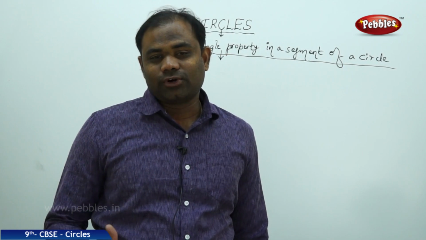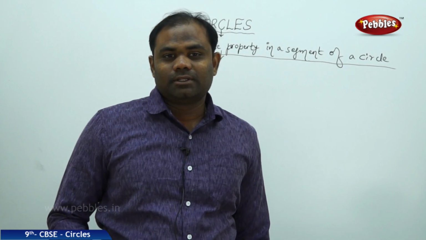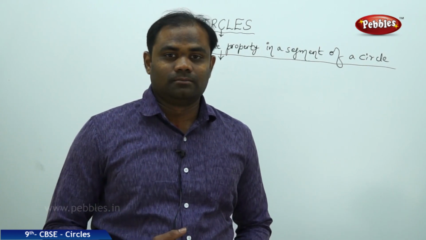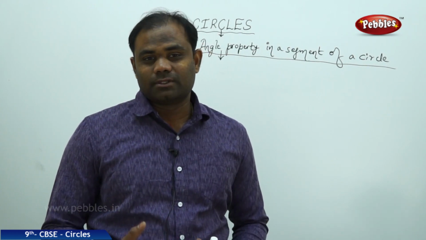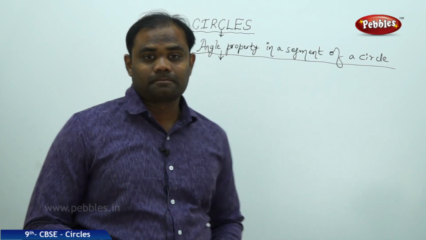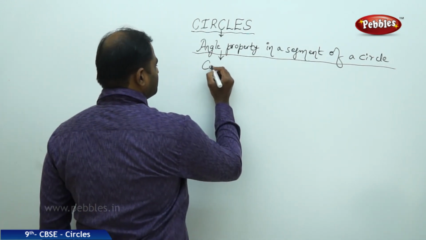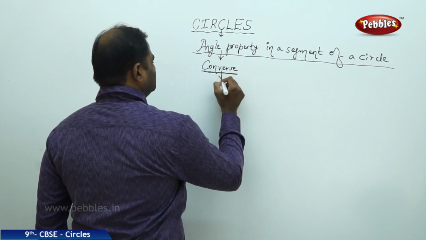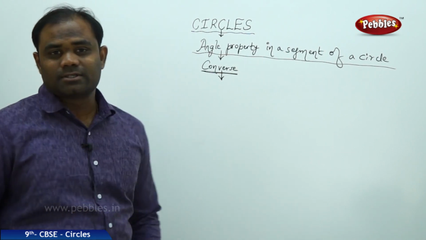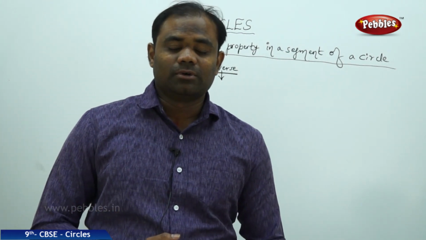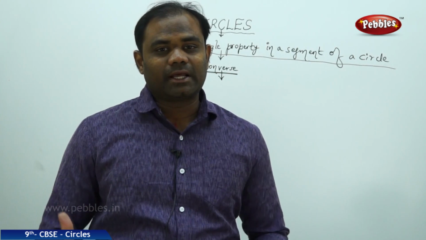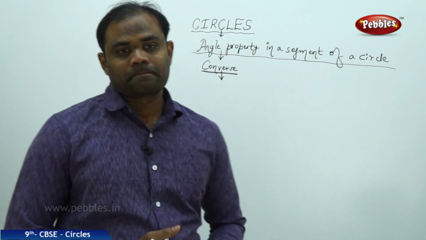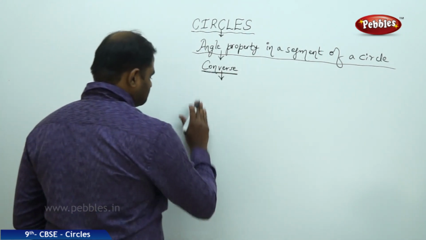Now let's see the converse of the previous session, the property which says angles in the same segment are always equal. This session is about the converse of that statement. The converse is very interesting because I can prove that I can draw a circle with the same segment property. That is, if I have